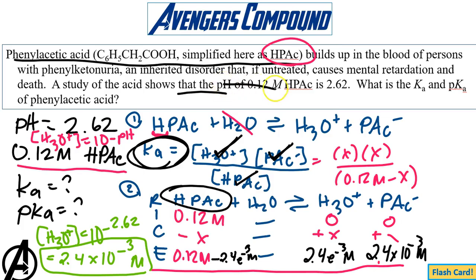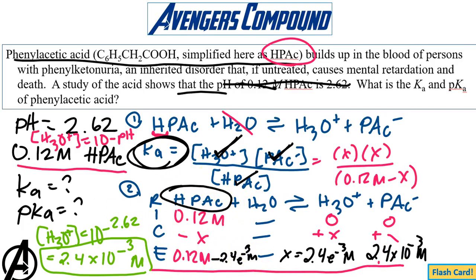We're at the point where we use our pH, our initial concentration, and our pH to help us build this RICE table. We then use our pH to get our H3O plus concentration at equilibrium, which we found was 2.4 times 10 to the negative 3, which equals our X value. Now that X value is also equal to the conjugate base concentration, and we're going to use our X value to solve for equilibrium. So now I'm going to erase this so that I can solve for my equilibrium value